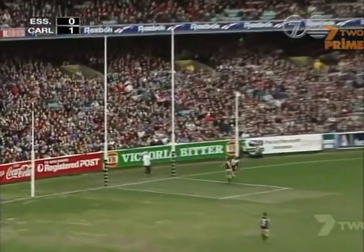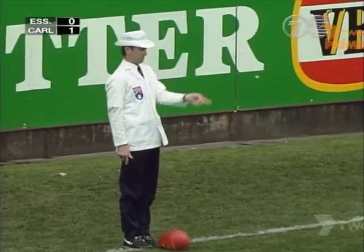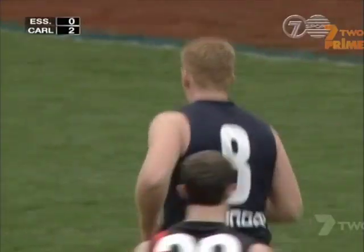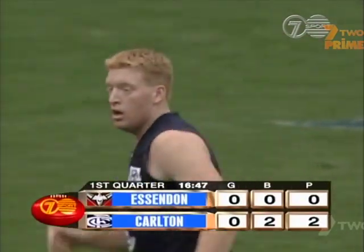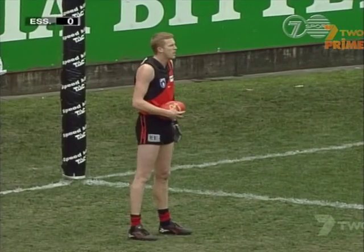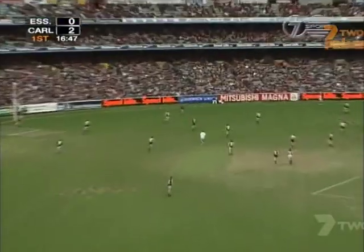Gives it to young Lance Whitnell, who booted 8 last week. Whitnell goes for home, but he's away to the right as well. Sandy, you're talking about Aaron Hamill and Brett Ratton, both missing today due to ankle problems. Brett Ratton hurt his ankle on Thursday or Friday late in the week, so obviously a last-minute withdrawal. Yeah, they'll be missed. But a chance for a couple of boys to step up as Fletcher brings it back